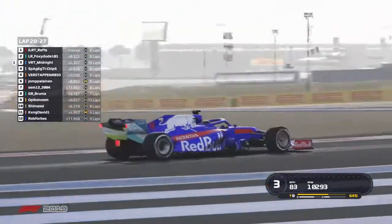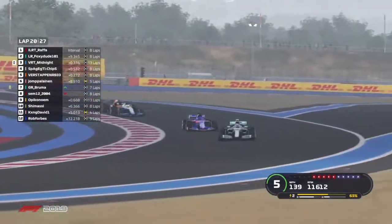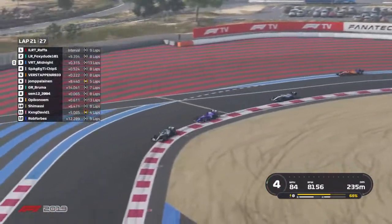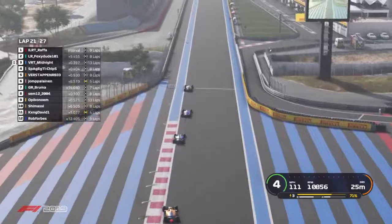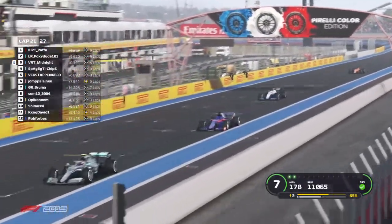Down the inside goes Spaghetti Chips though, and he's just about able to defend from the McLaren. Heading through turn 13 and now already at turn 14, it looks like. Under braking, I think there's just not really anywhere to make an overtake there as Verstappen has actually run wide and Spag is right up the chuff of Midnight here. So he's just outside the podium positions now, although he might be able to make it up in a lap